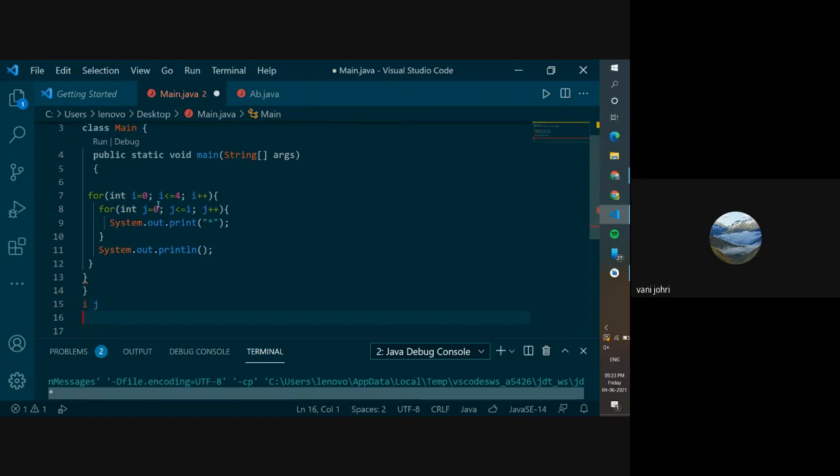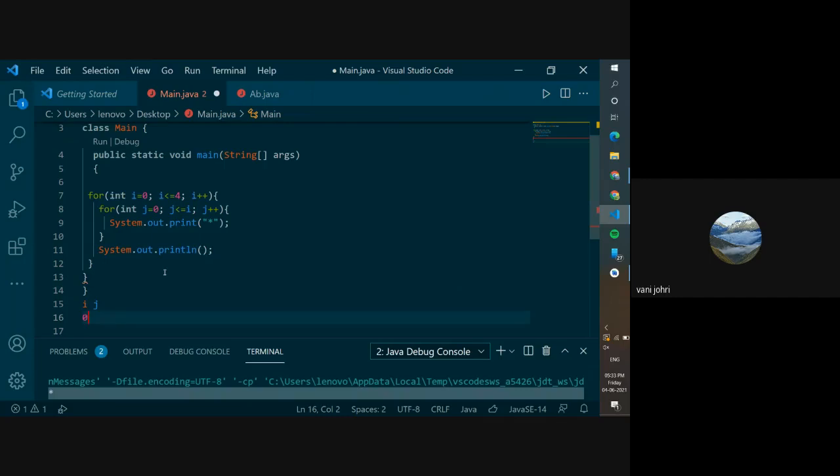So right now, initially, what's the value of i? Can somebody tell me the value of i when the program first starts? 0. Yeah, great. We are trying to run this program and see how we got the pattern, so we get an idea of how to give these values according to what we want.